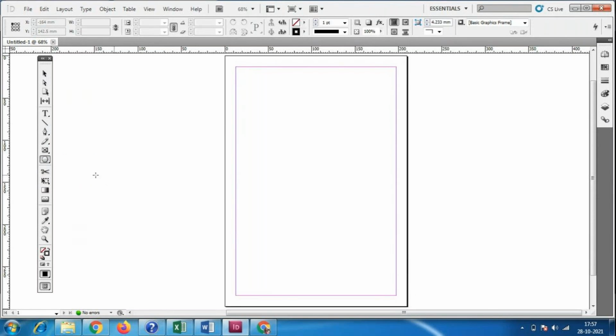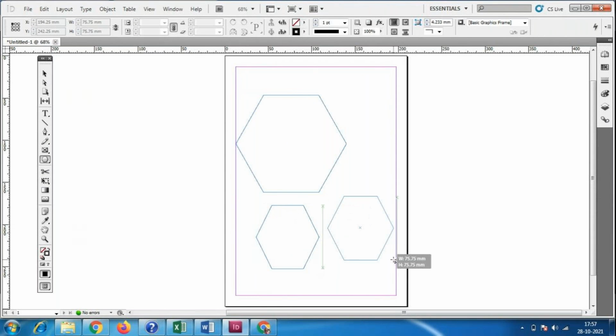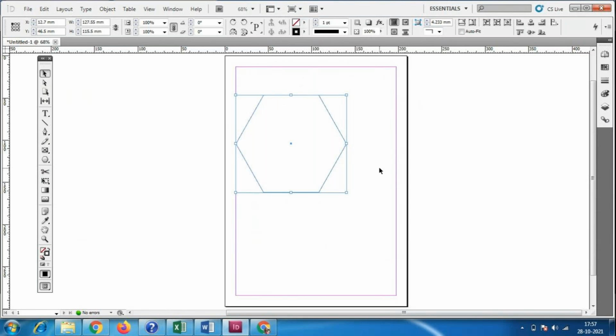Okay. So the polygon tool, which I showed yesterday, you always have to use the left click. Using that you can design as many things as you want. Okay. So using this selection tool, you can select it. If you select it like this, which has a box like this, you can delete it. Suppose you don't want this one, you can select it like this and delete it. If you select it like this, it will not work. If you select these lines, then only things will work. Otherwise you have to drag it like this, left click, and delete it.